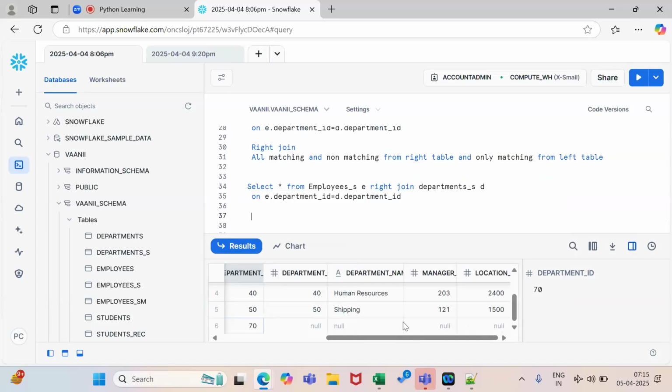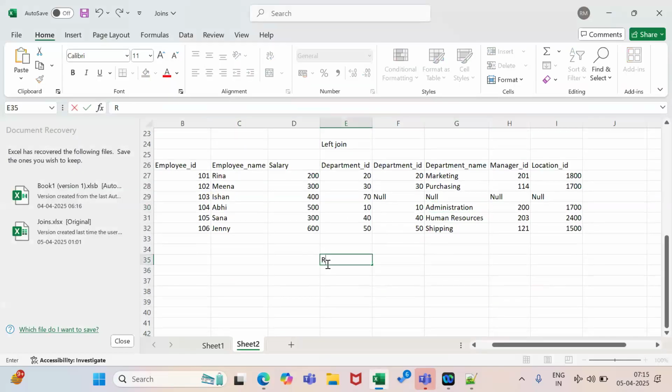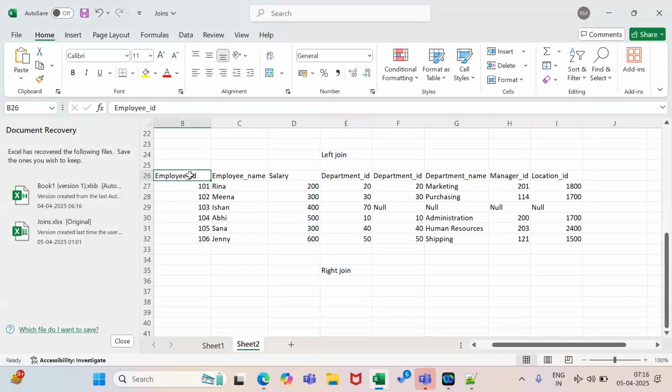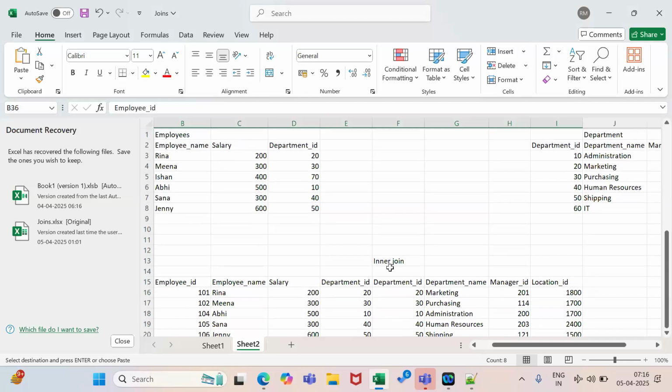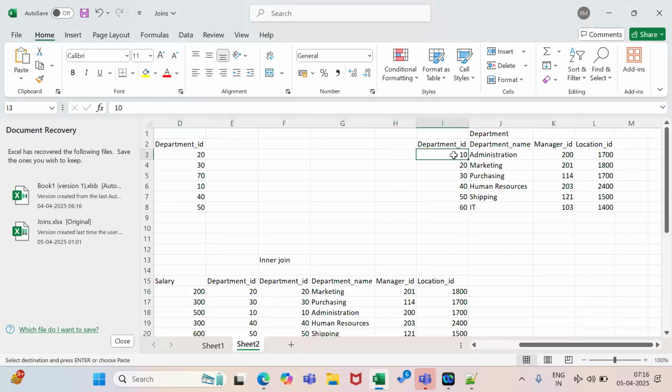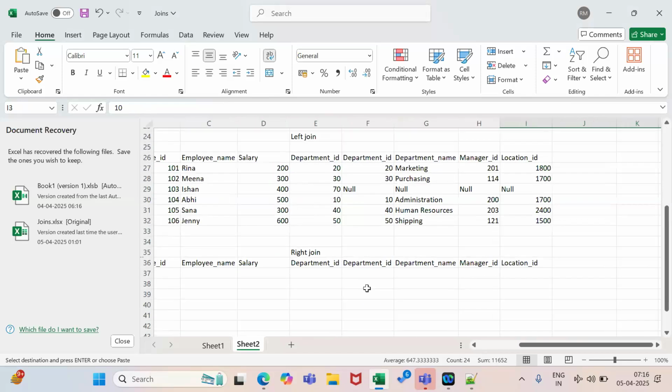Let's do right join now. For right join, first let's copy all this data from here, because we are not going to exclude it even if it's not present in the left table.